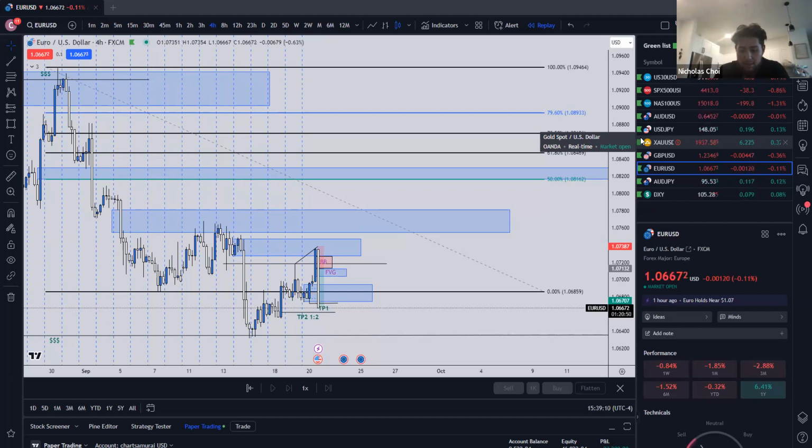But if you would have jumped into EU, I'm going to break even at this point. Already closed most of it, and now it's time to let the runner run.